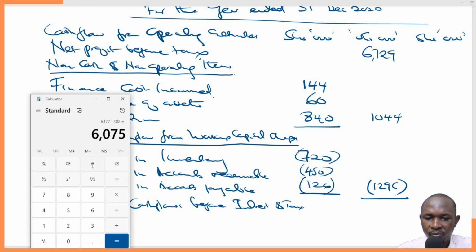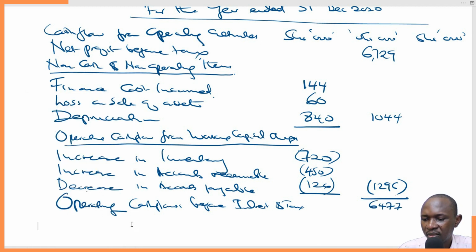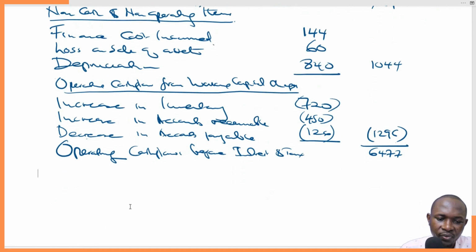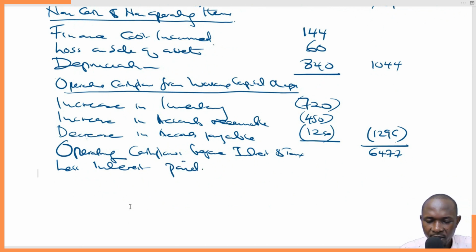This will be 6729 plus 1044 minus 1296. That gives us 6477. Then we say less interest paid, and the interest paid here,